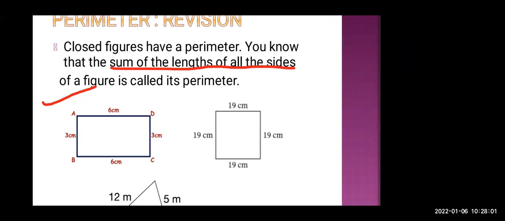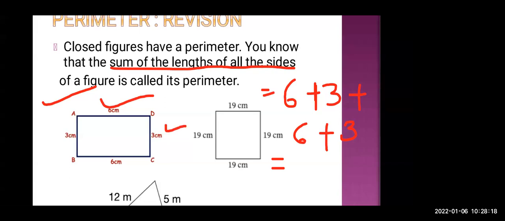So what you are going to do is add all the sides, that is 6 plus 3 plus 6 plus 3. Now what is 6 plus 3 plus 6 plus 3? Because it is given 6, 3, 6, 3. Now 6 plus 3, 9. 9 plus 3, 12. 12 plus 6,